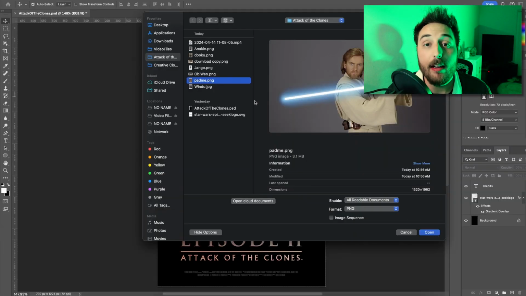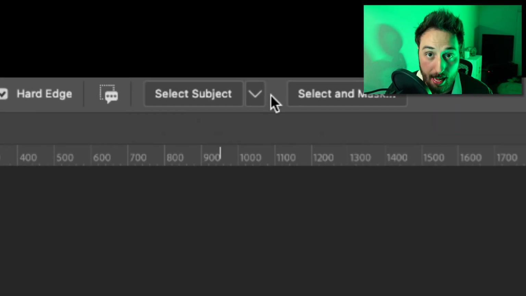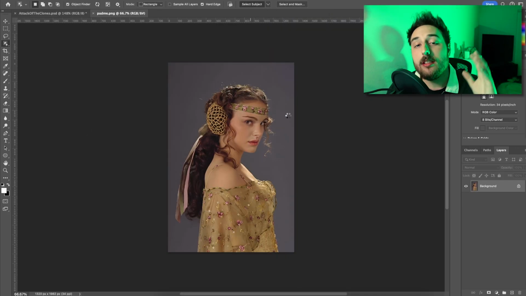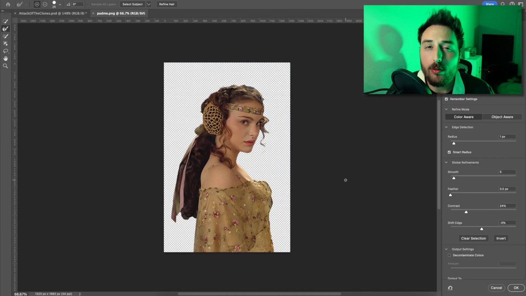I then opened up each image into Photoshop to start the cutting process. The quickest way I found to do this is to simply go up to your toolbar and find the Select Subject tab. Then you click that button. The reason I use this is because it automatically selects your subject, but then also auto feathers hair, and it makes things just a little bit quicker.